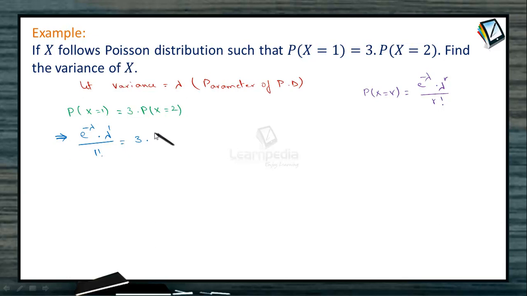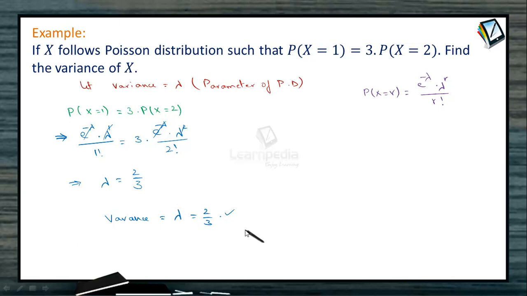the probability of x equal to 2. What is the probability of x equal to 2? e to the power of minus lambda into lambda square by 2 factorial. e to the power of minus lambda cancels on both sides. So we can cancel 1 lambda on either side, which gives us lambda equal to 2 factorial by 3, that is 2 by 3. This 2 by 3 is the parameter of the Poisson distribution, but as we need variance, the variance of the distribution is also the same as lambda, which is 2 by 3. So even if the mean is required, the mean is also the same as the parameter of the Poisson distribution. Therefore, for the given problem, the variance as well as the mean are both equal to the parameter,